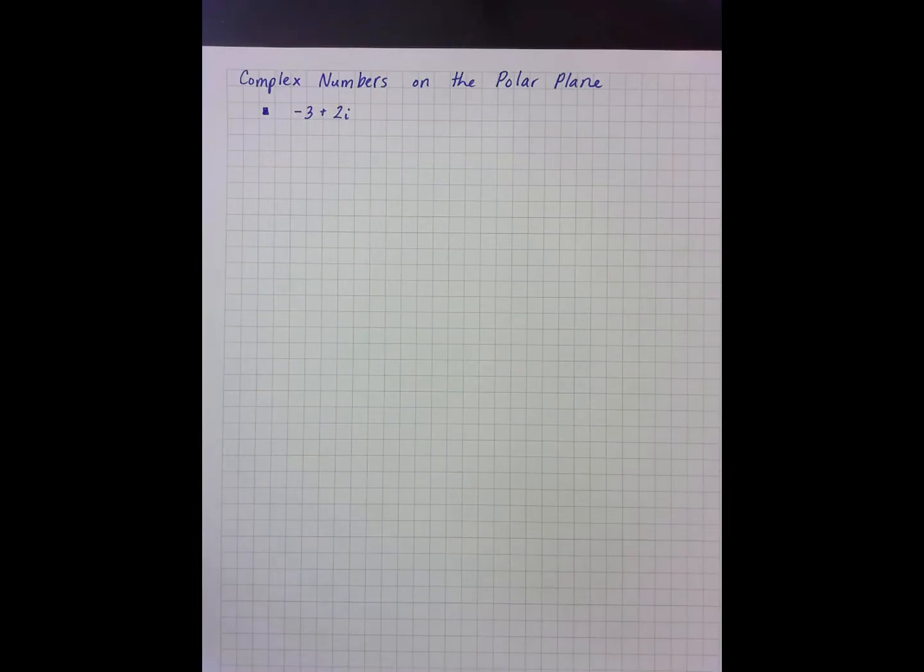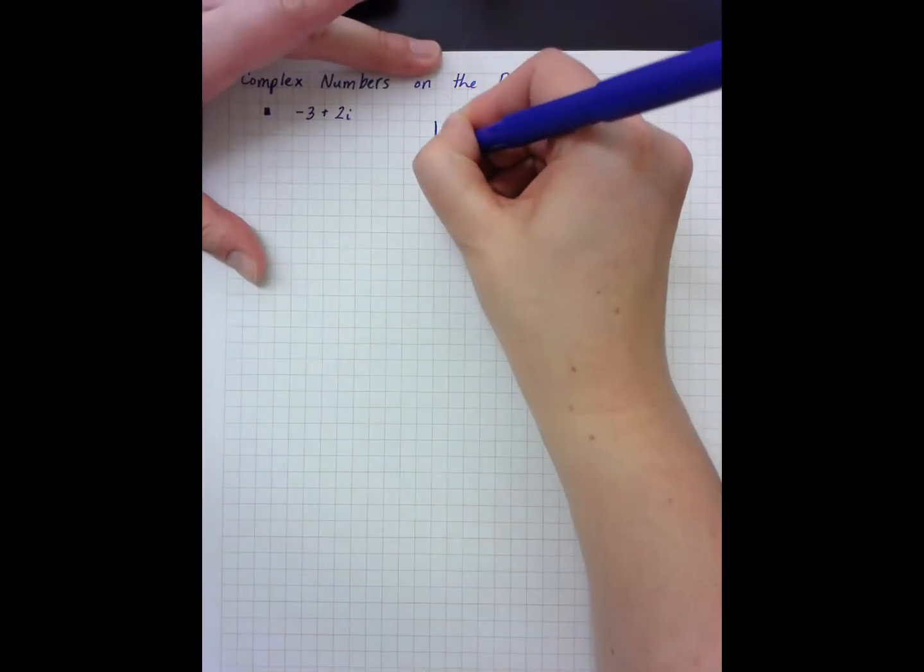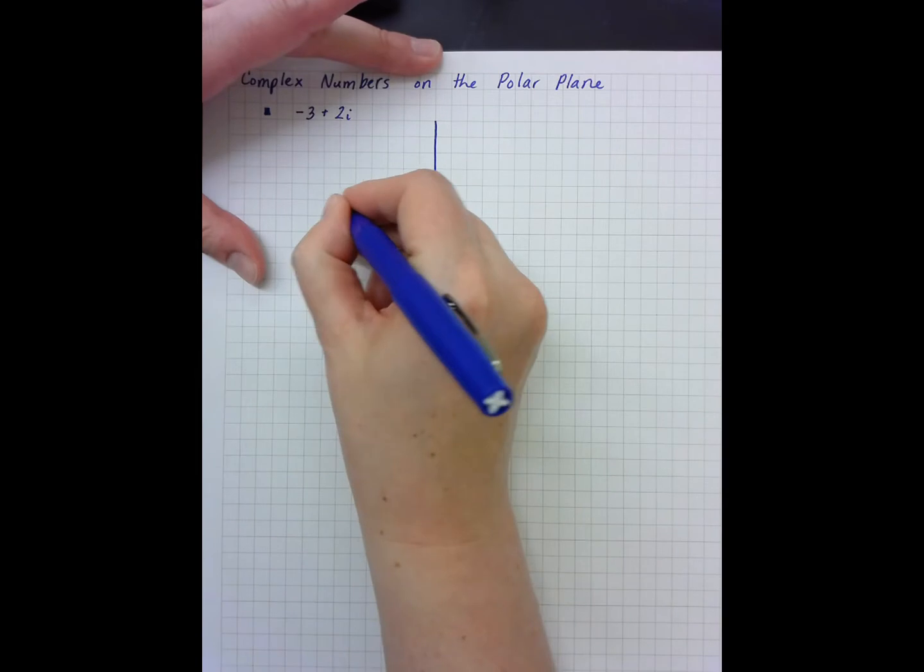These notes are on complex numbers on the polar plane. So the first thing I want to do is show how you transform a complex number into its angle and radius components on the polar plane. So you'll remember if I graph this number on the complex plane,